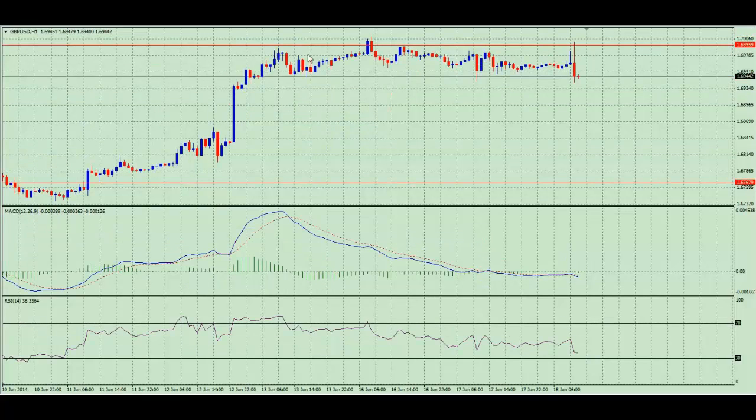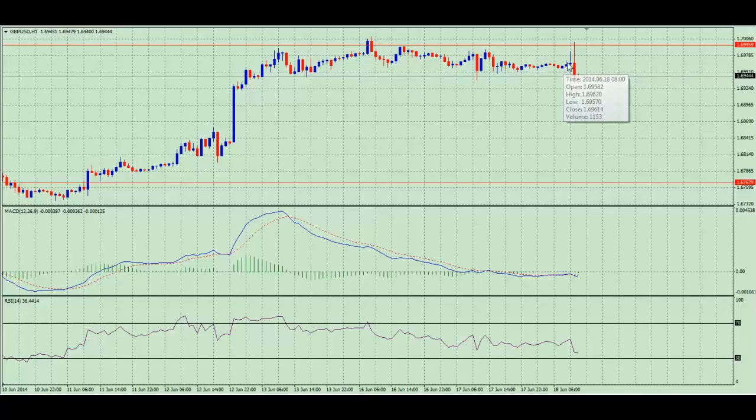We can see that price has been bouncing along this particular area of resistance for the last few days. We can see that it pushed just a bit above it a few days ago. But the point is, this is a significant area of resistance. Now price has started to push down. It's now at this area of previous support, which is the 1.6944. But the key event was the fact that news came out at 10:30.